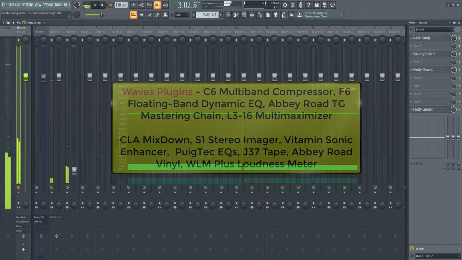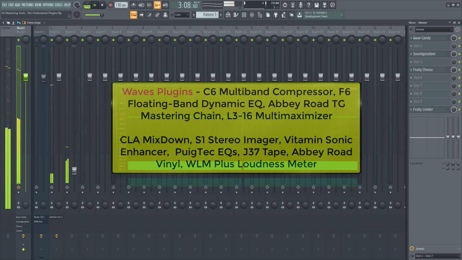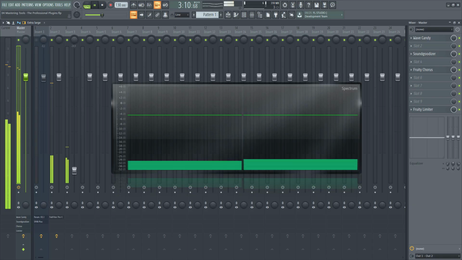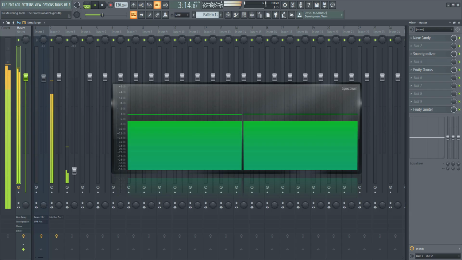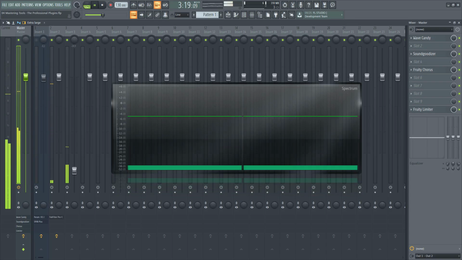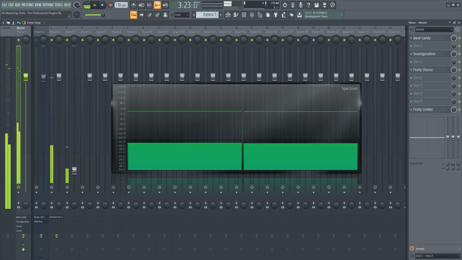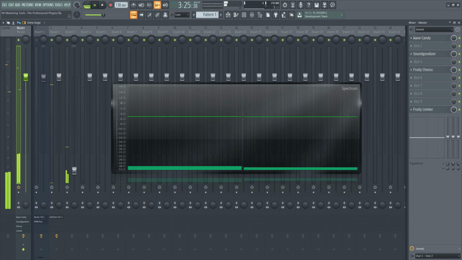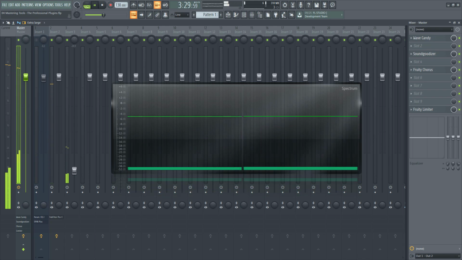Okay guys, next in the row are the selected Waves plugins for mastering, and trust me guys, they are really worth having in your studio. They are very simple to use and no doubt the output quality will amaze you all. Sometimes I want to keep it simple when mastering and sometimes there is client demand for Waves plugins, so I mostly end up using them.